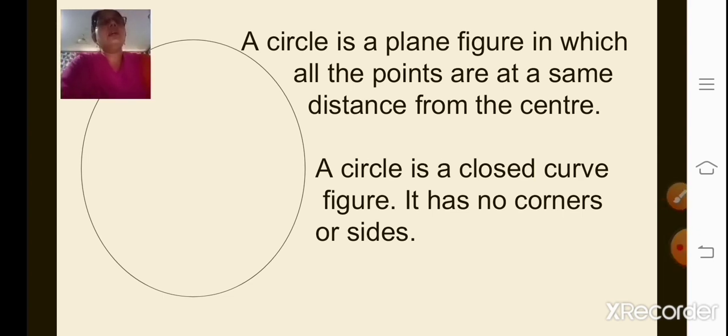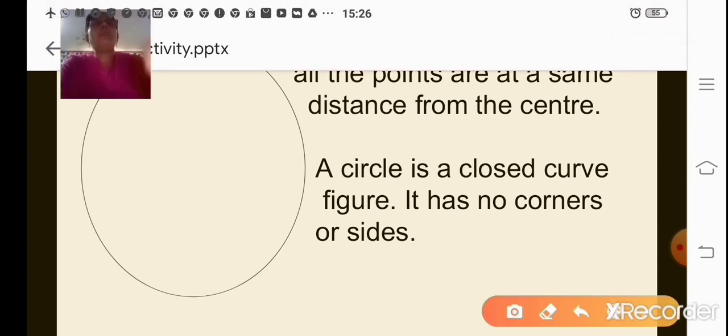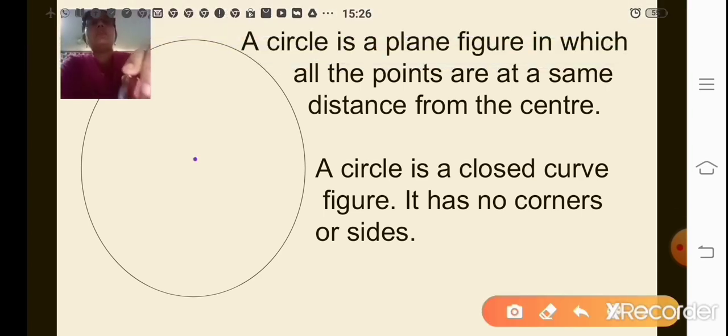A circle is a plane figure in which all the points are at the same distance from the center. Now suppose in this circle, if I take this point as a center, all the points on the circle are at the same distance from the center. And a circle is a closed curve figure.